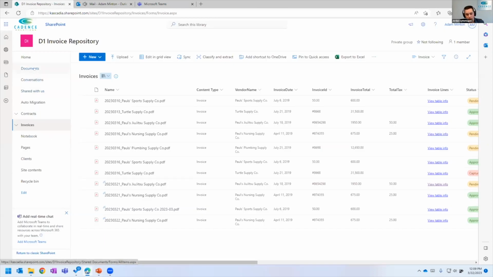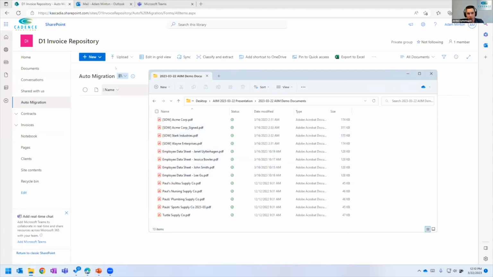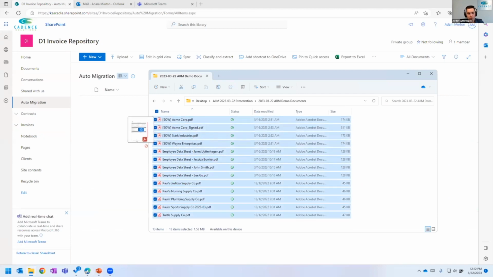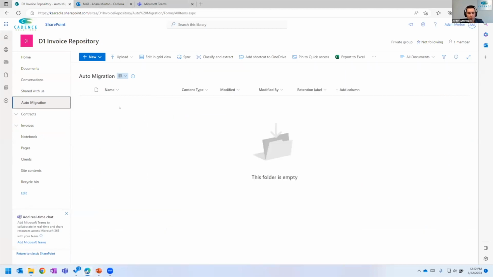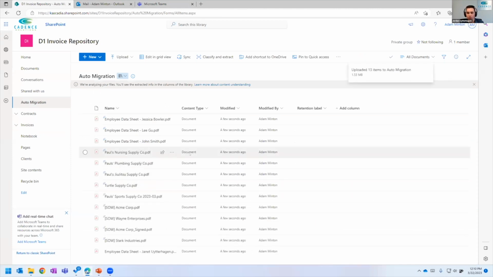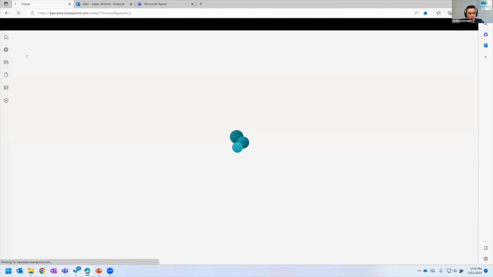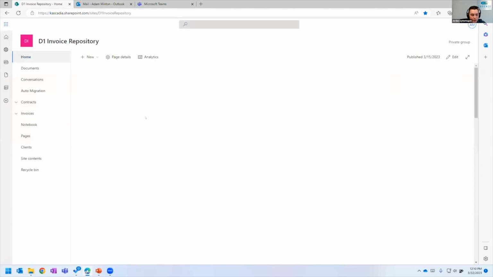While that's processing, I'm actually going to just jump forward quickly and prep a second part of our demonstration, which is going to be the auto migration of things. So just so nobody knows I'm cheating, I'm going to drag all these documents in here and we're going to let Syntex go and auto classify this while we're off doing other things. It takes about 5 minutes, but nobody wants to watch the system work. So as the invoices are coming in,